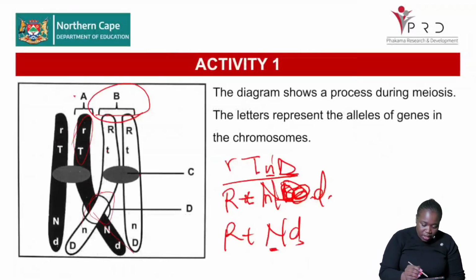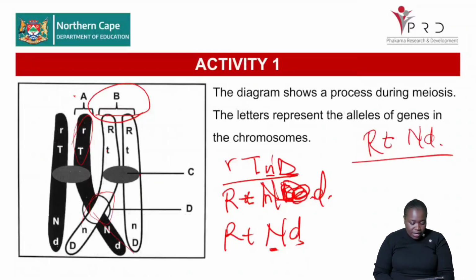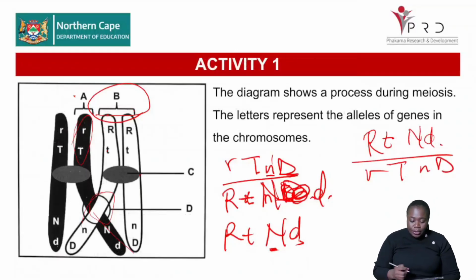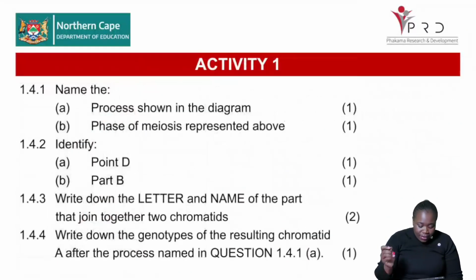So as I said, for this chromosome at B, which is the white one, it is now going to have capital letter R, small letter T, and capital N, small letter D. This is the new one, right? And then the black one, we'll have small letter R, capital T, and small letter N, capital D, like that. Okay, so that is what will be happening there,